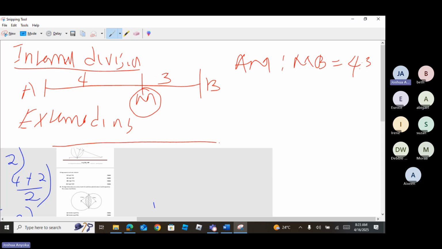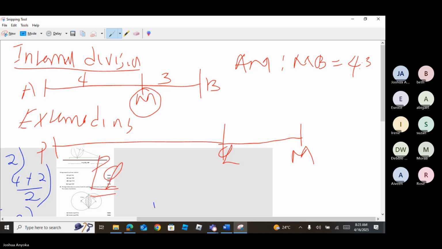External division: another line PQ can be divided externally by a point M. So our line is PQ, which is being divided by M, and point M is outside the boundaries of line PQ. Then we have the ratio. So the ratio we have now is PM to MQ, from P to M,